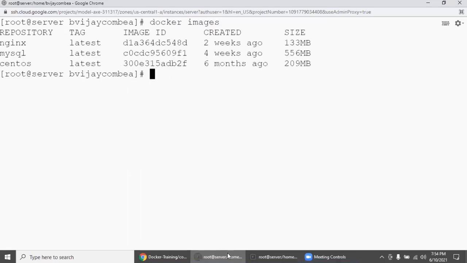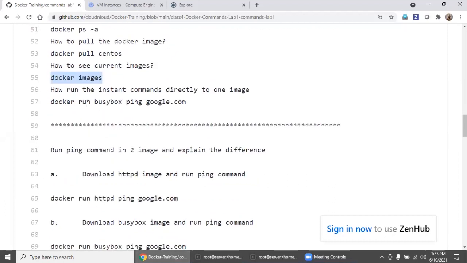See here, first we executed CentOS, and then Nginx. Now we also used pull to download the MySQL image. So these three images are already downloaded. If you run CentOS again or Nginx again, you won't see any output saying downloading, because it's already downloaded, it's local. If there is nothing local, it will definitely go to the Docker image registry and get downloaded locally.